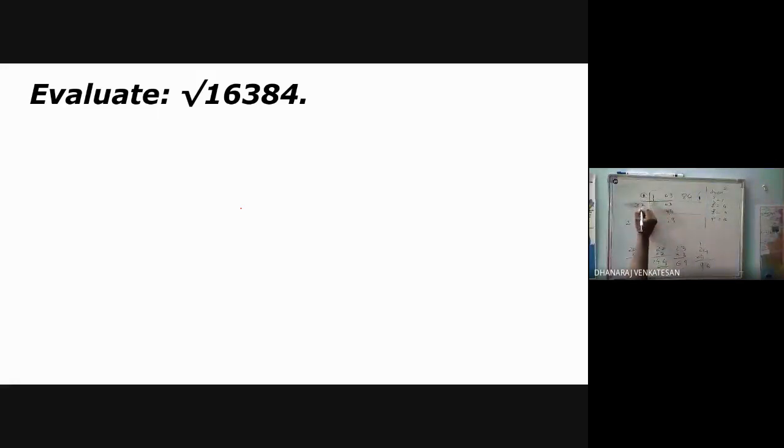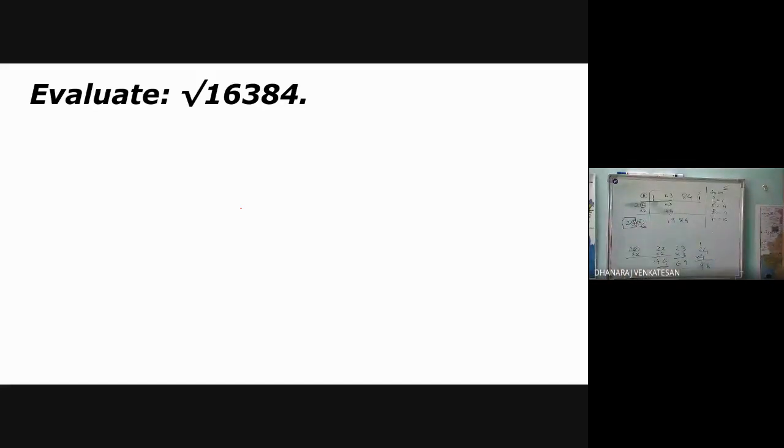You have to multiply only the digit which you choose before. This 2 alone you multiply by 2. 2 2s are 4. Now you have to choose a divisor such that the value will be less than this. Can you understand? This part is like you have to multiply this 2 with the number 2 so that it will become 4. You have to choose a digit for the divisor here.